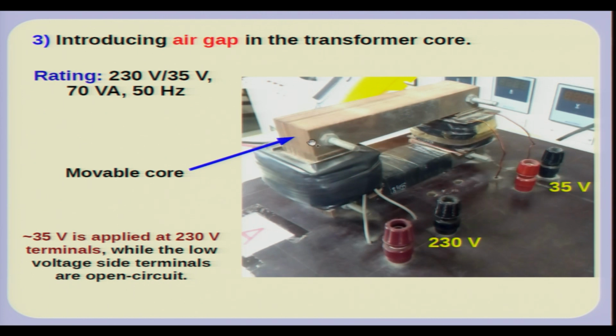So, the I laminations have been loosened out, and what we will do is excite the primary side and keep the secondary side open. In case you excite the primary side and keep the secondary side open, the transformer is as good as an inductor because you do not have any current on the secondary. Okay. Now, the inductance of this inductor, which is in fact the self inductance of the primary winding of this